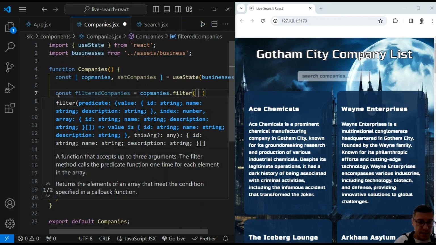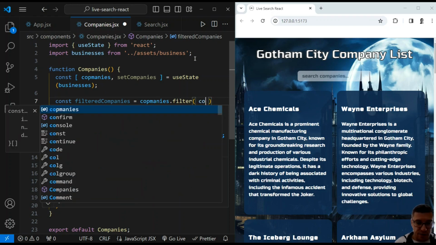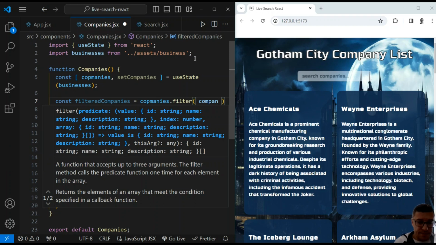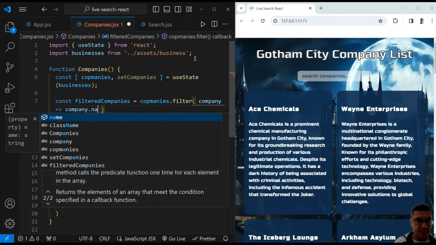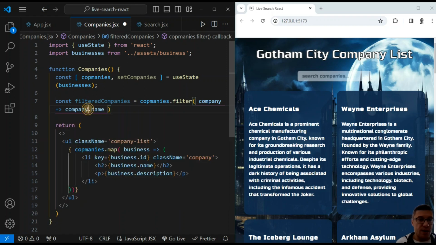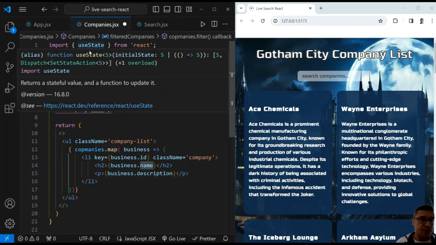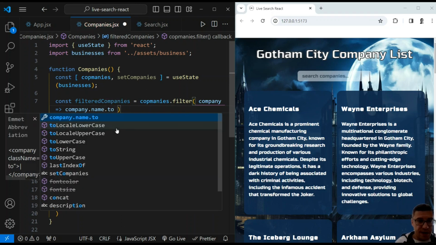Alrighty. Let's hit Alt-Z so everything fits on our page. All right, so I filter through the companies, and I say for each company, I want to check if the company name, I hope you remember, I have a name property on my company object, which I'm importing through the businesses array. So like we did in our Vanilla JS, I want to check if the company name to lowercase,